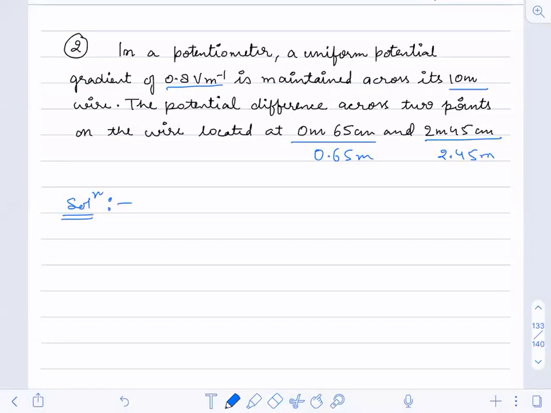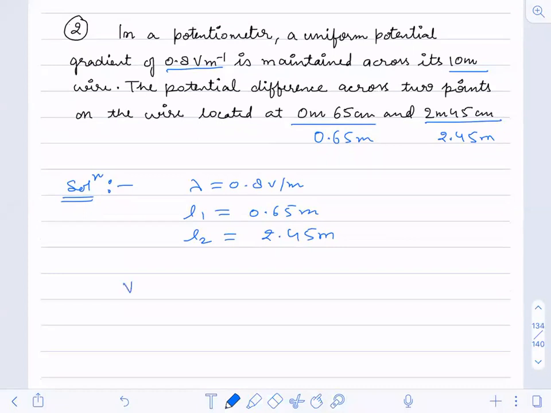Now just see here, this is the second experiment, or you can say the comparison of the two EMFs, because two EMFs are in here. So here lambda value is given to me as 0.8 volt per meter. L1 is given as 0.65 meter, and L2 is given to me as 2.45 meters. Now we know that if we want to find out the potential of the first point,